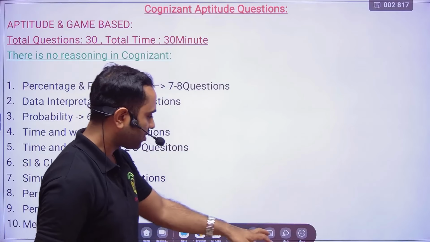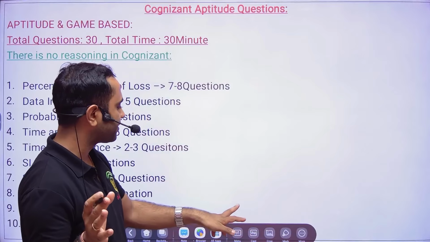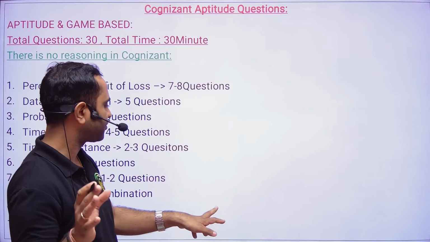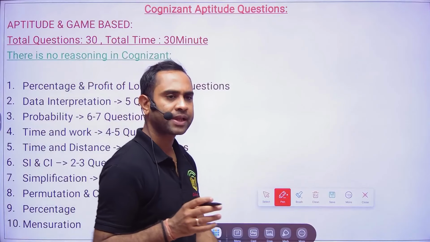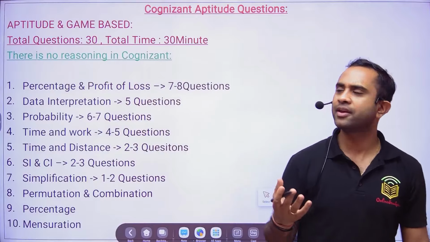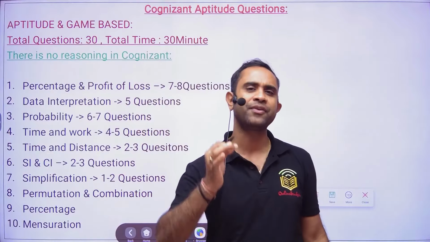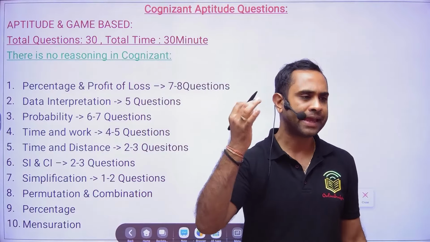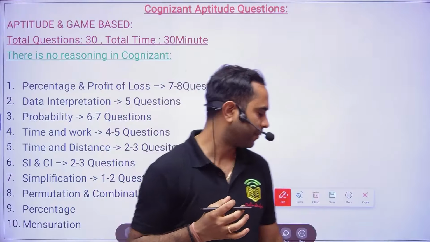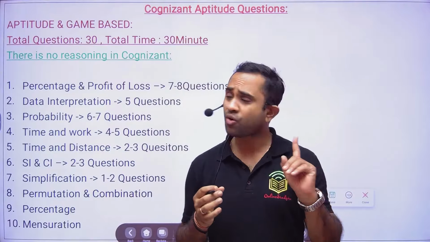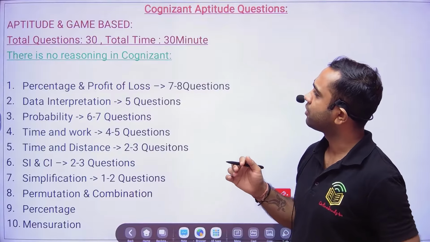Okay, so Cognizant hiring for the 2026 batch has started. The 21st of August is the communication round, and then the 22nd is your aptitude round. Friends, if you want a video on the communication round or on SQL, please let us know in the comment section. Anyway, so, the Cognizant aptitude round.